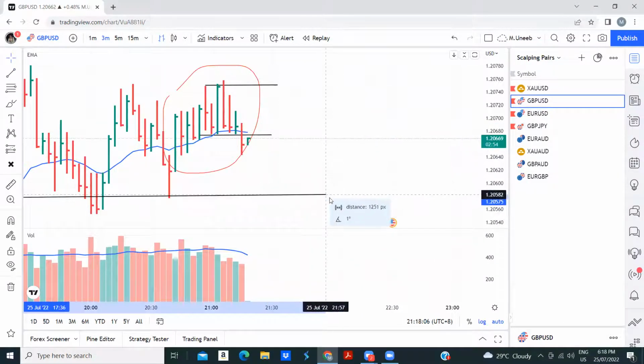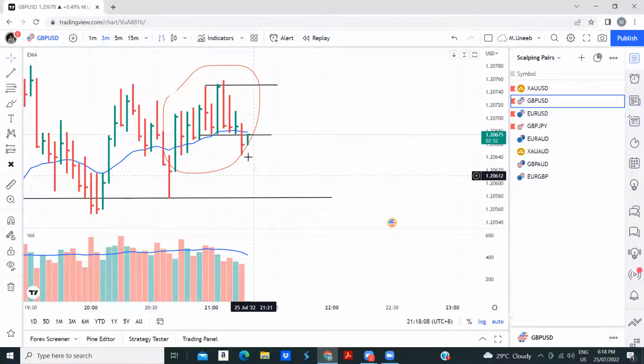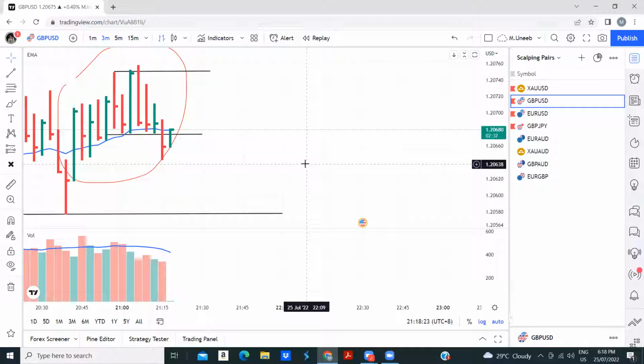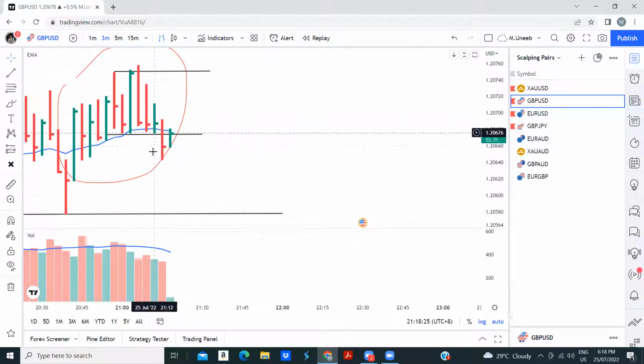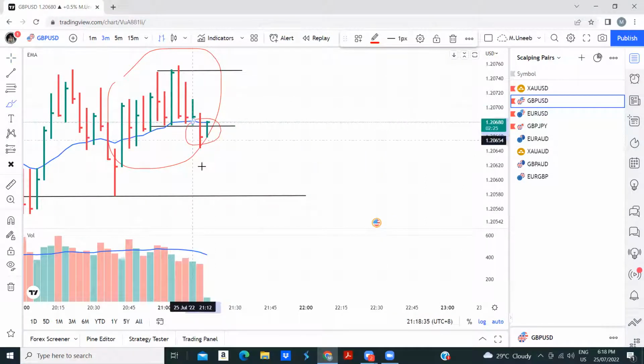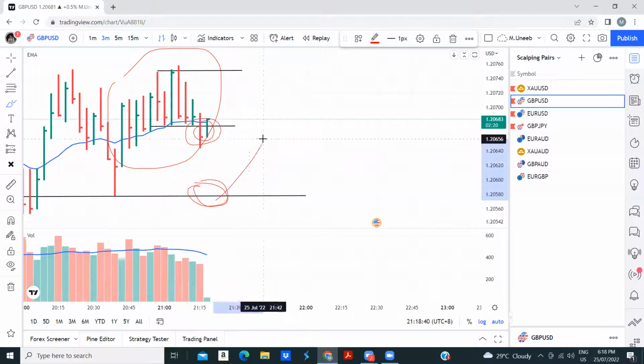But what happens here? If it's a spring, then it should close above the line, is it? Above the line. It's above the line. Okay, but if there is no high volume over here, we want a retest of this and then go up. Got it? But my observation is that if this spring is completed without any high volume, it will come back and retest again with the sign of strength or something like that, and then it will shoot up. So my observation, as I told you, I'm looking over this point and I'm looking over this point. If this fails, then this is my next point to go up.